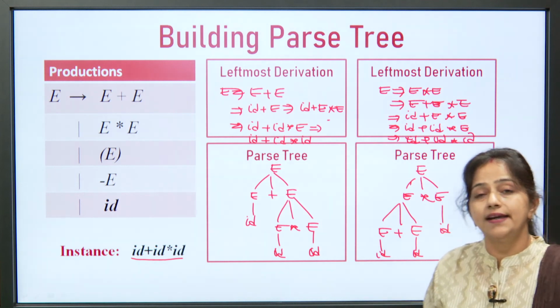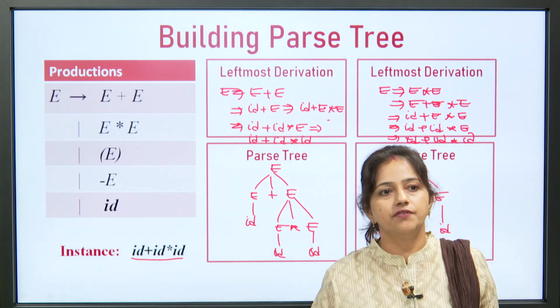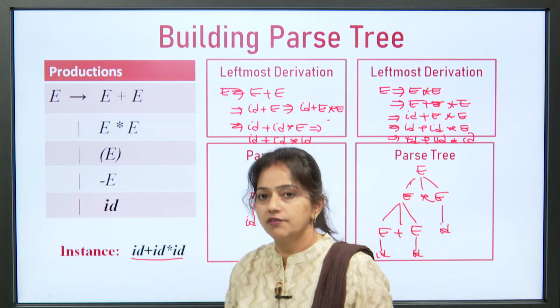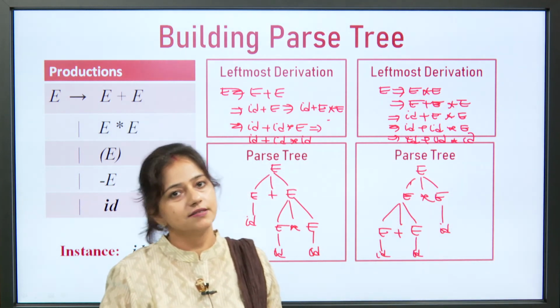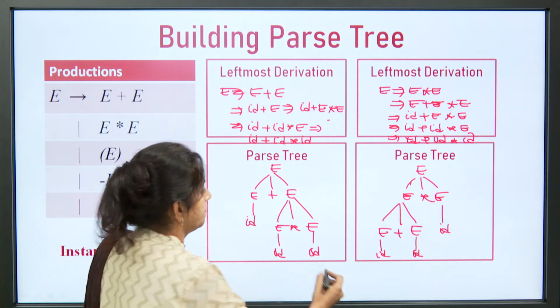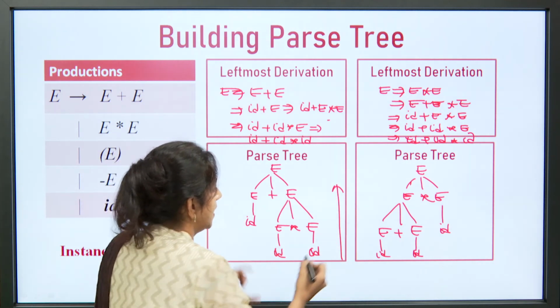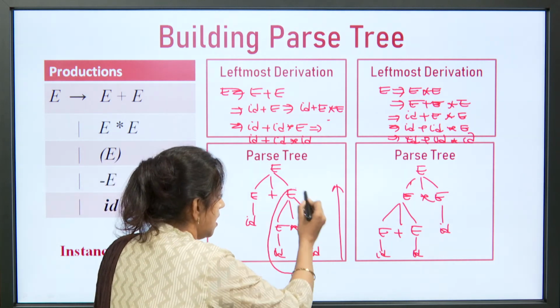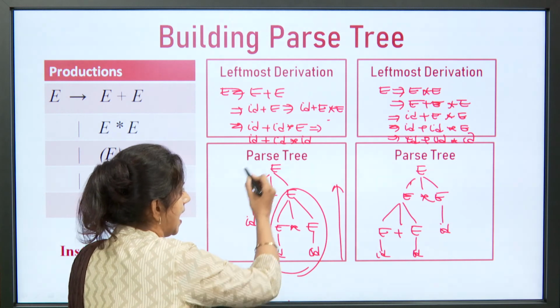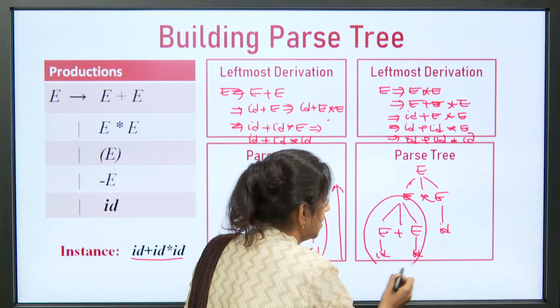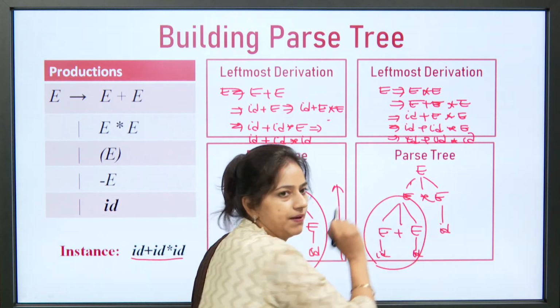So, this is quite unacceptable, because here we have an ambiguous grammar. So, we should find what is the correct parse tree and what is the wrong parse tree. So, in a parse tree we do computation bottom to top. In this parse tree, first we are doing the multiplication and then we are doing the addition. In this parse tree, first we are doing addition and then we are doing the multiplication.